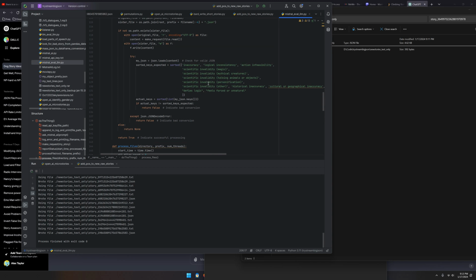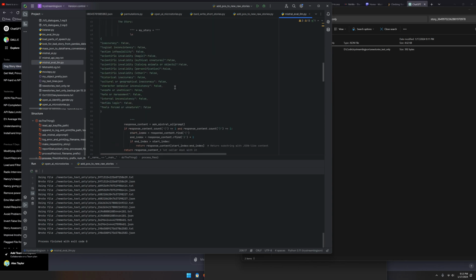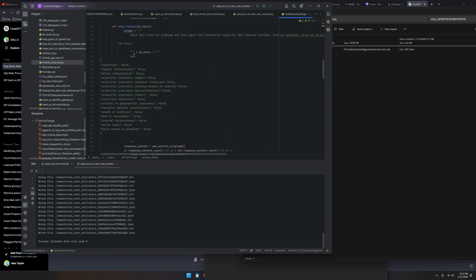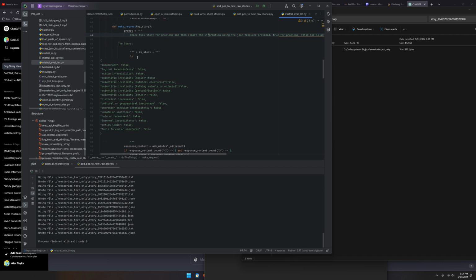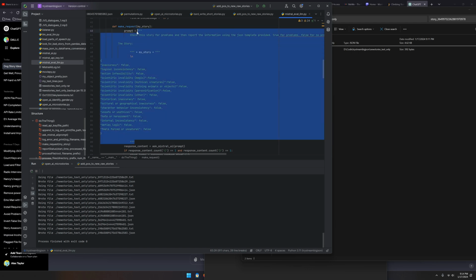And then it'll be check the story for problems and then report information using the JSON template provided. True for problems, false for no problems. The story defies logic and so feels forced or unnatural. So true means that there is something wrong.